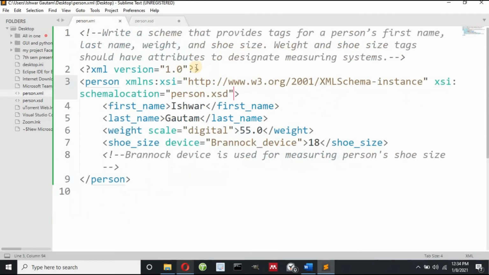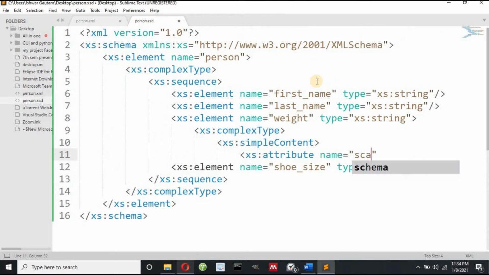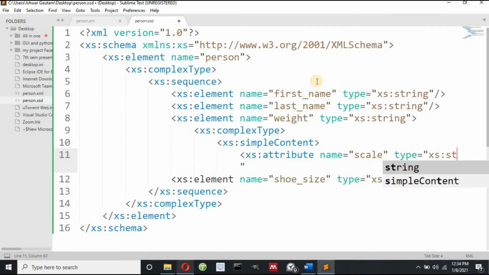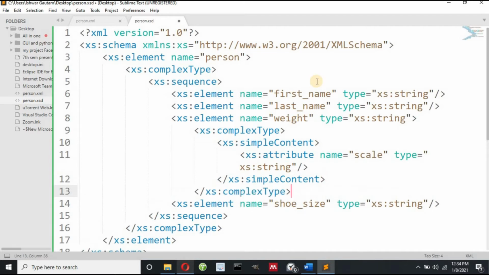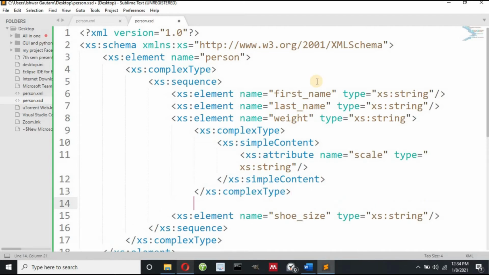You can see here your attribute name is scale, so you have to write here scale, and then you can pass type equals to xs:string, and now you can close this, and then close simpleContent, and then complexType, and then you have to close xs:element.